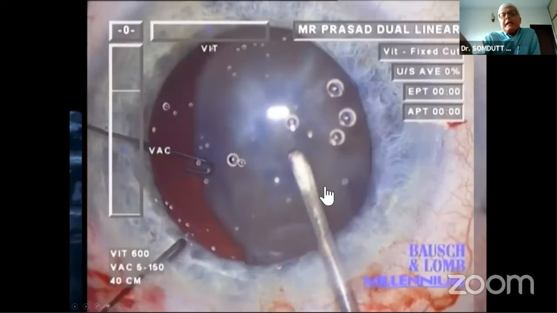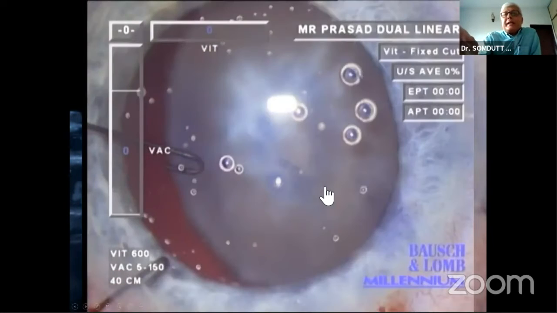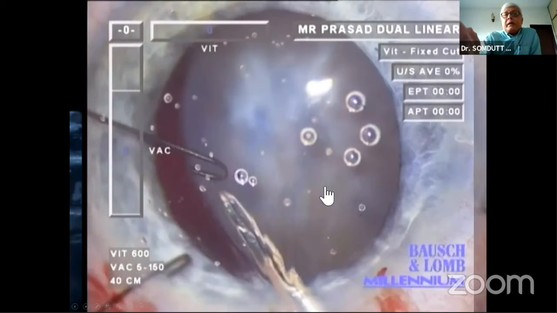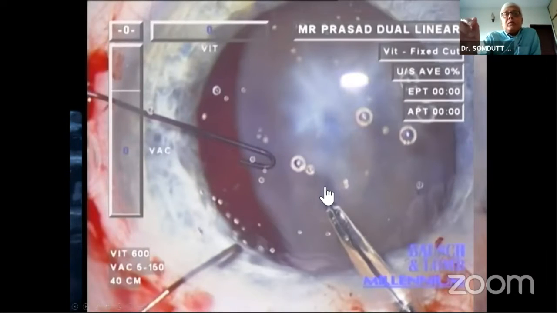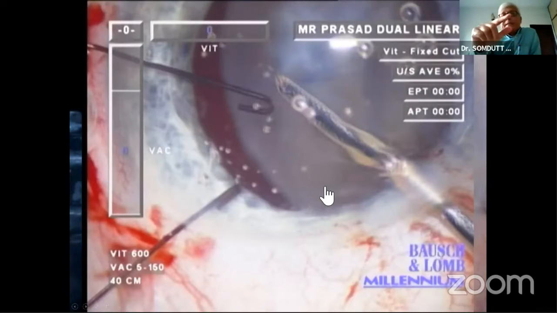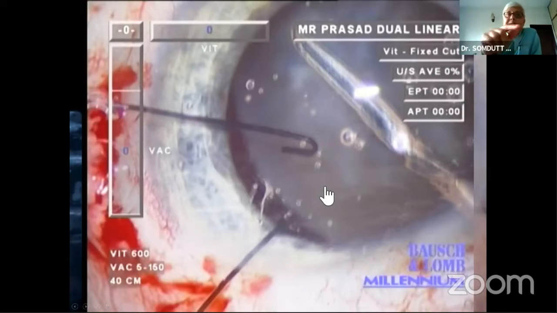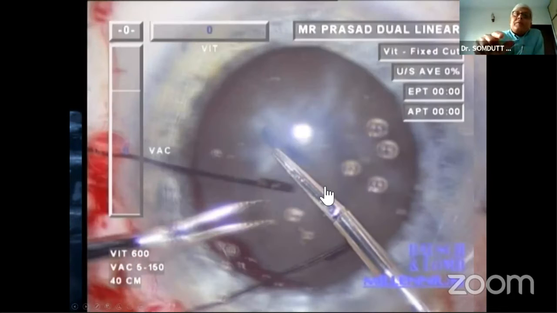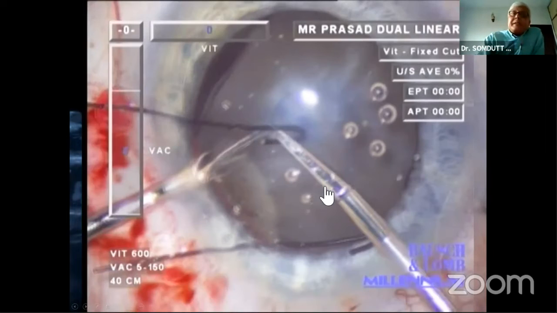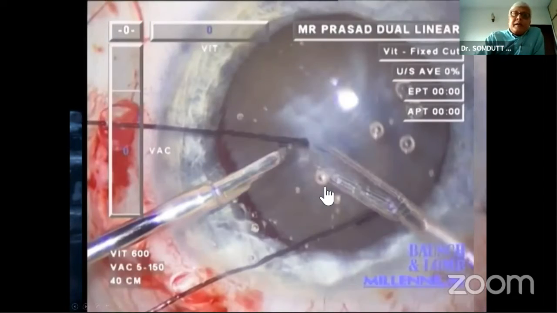So this guy again has a history of trauma, and you can see that lens is dangling if there was ever a dangling lens. The zonules on your right are intact, on the left are not, and I'm doing the same thing again. I'm extending my rhexis, although I want to hook it and support it, but I just wait till I've gone more than 1.5 clock hours beyond my iris hook. You can see, because the stained rhexis is easy to see, and then I engage my iris hook there.